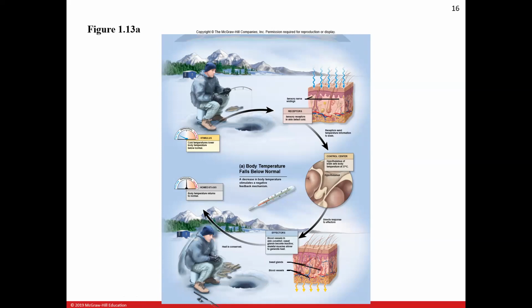Also, what will happen is blood in your skin is one degree Celsius above your normal body temperature. Bet you didn't know that. Well, now you do. So we're going to take the blood that's in our skin, because your skin is your largest organ, and we're going to take most of that blood and move it to the internal organs. So we're going to move that blood from the skin towards your kidneys, your liver, your heart, your stomach, all of that. And that will help to warm us up,